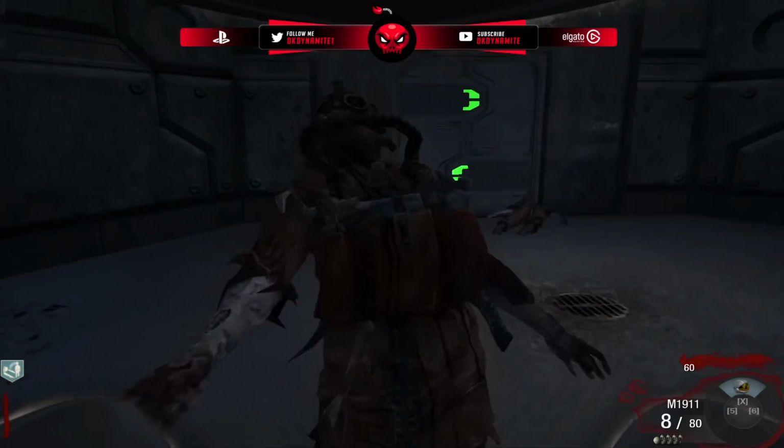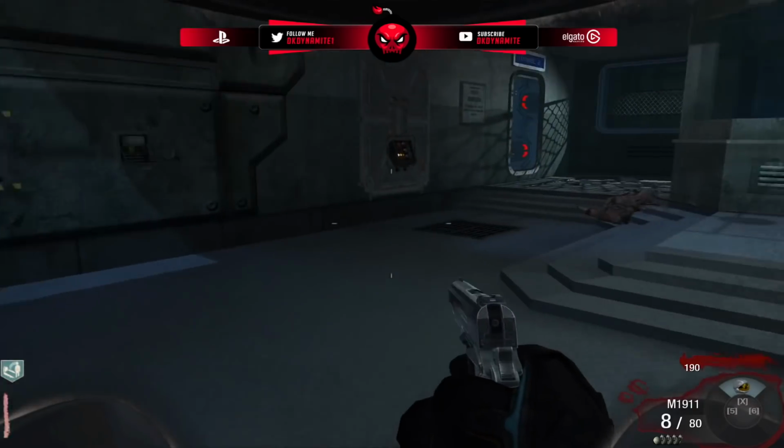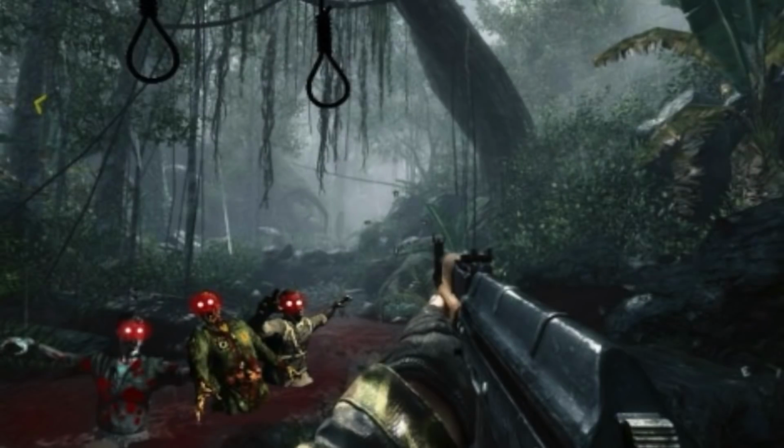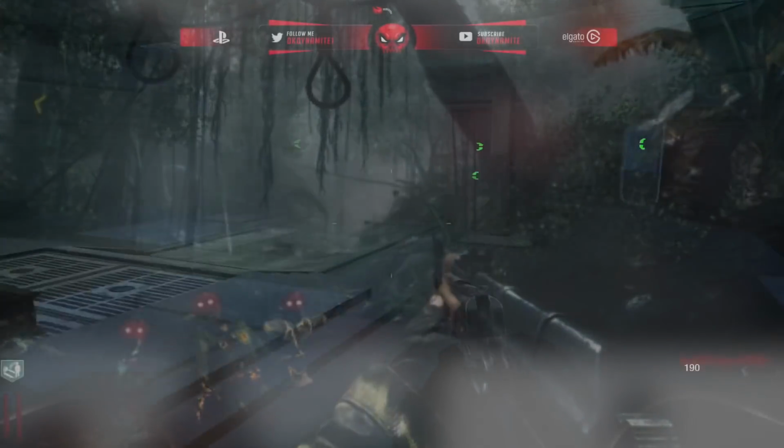I'm just not sure. But as you can see in this image here, it's a mock-up of what the menu's supposed to look like with these maps, right? The first map's supposed to be in the Vietnam jungle with a river of blood flowing throughout and includes rat tunnels with an unknown use. So Blood River, or the River of Blood, does sound like a really cool name for a zombie map, and